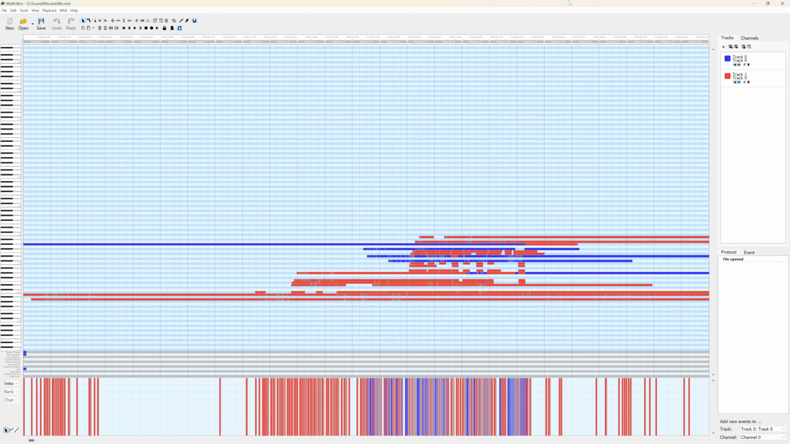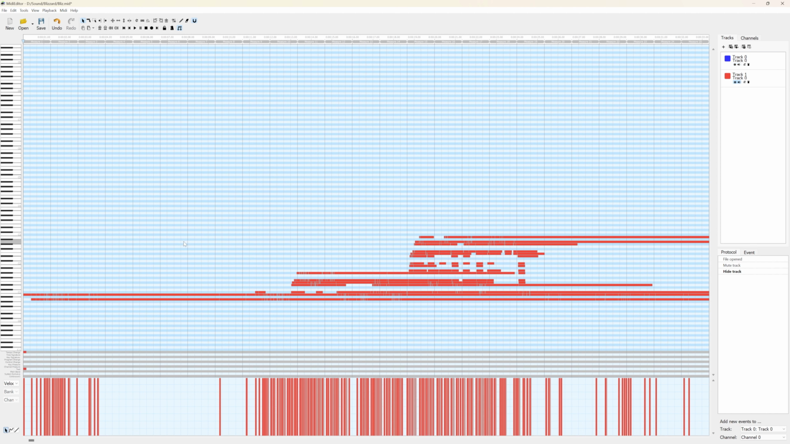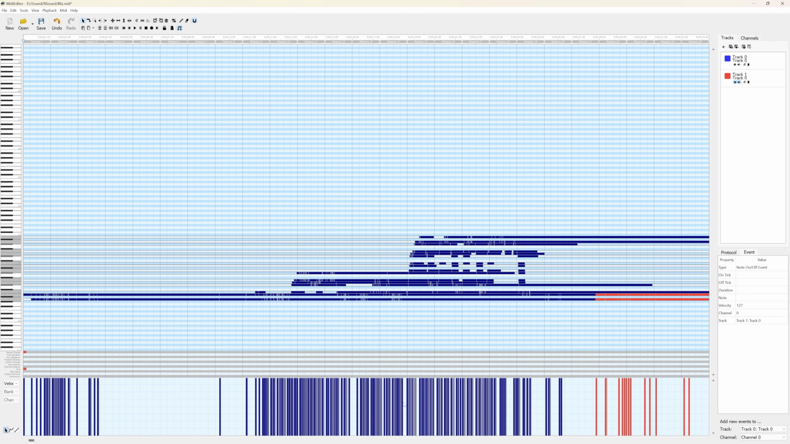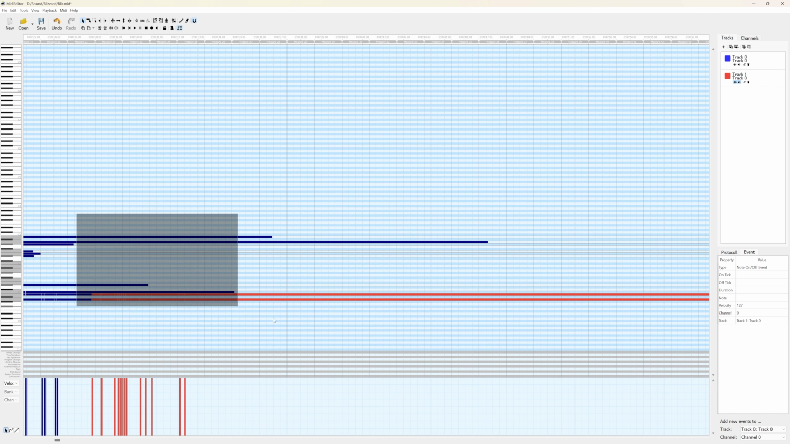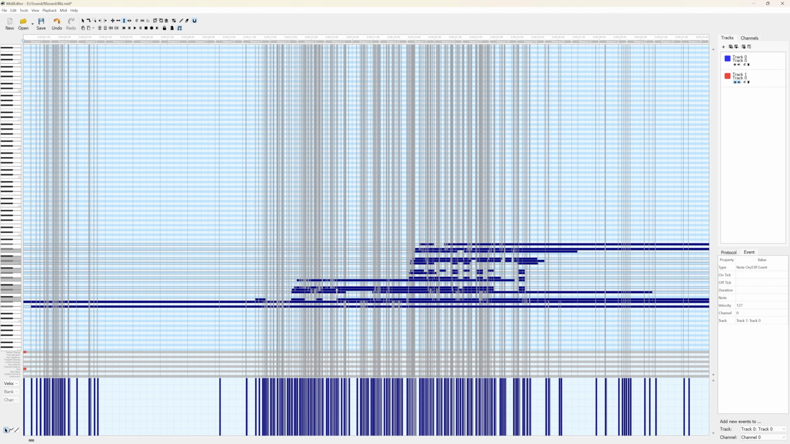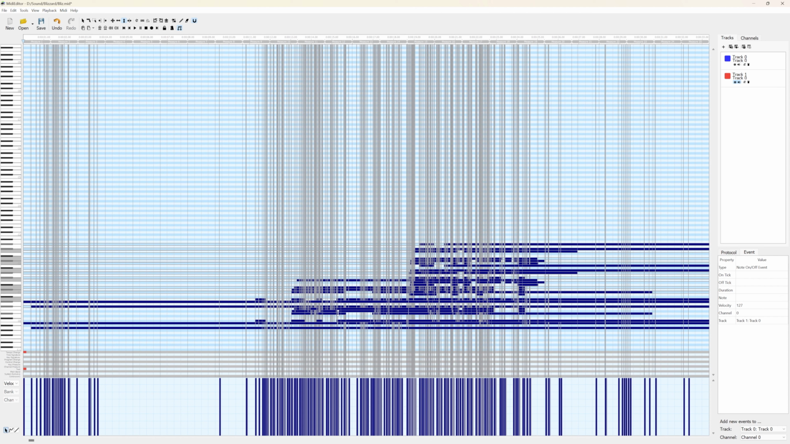I think that might be enough. And they overlap ever so slightly. Well, they overlap a lot. So what I might do is take track one, the red track, and shift it down. Drag them further down, and